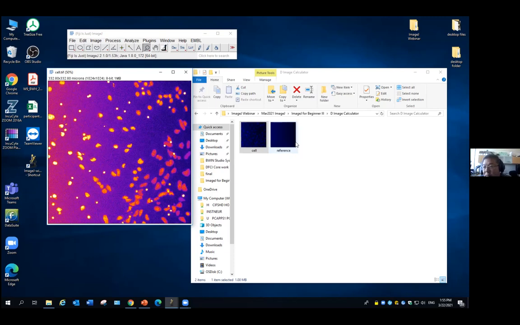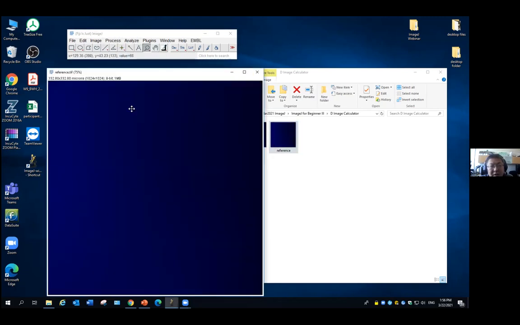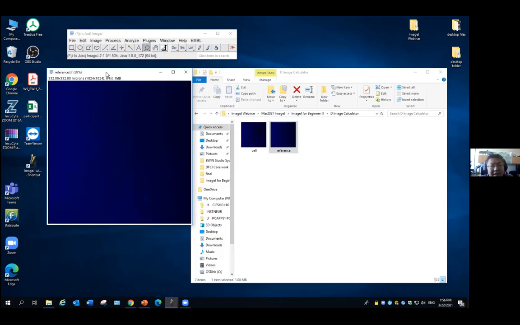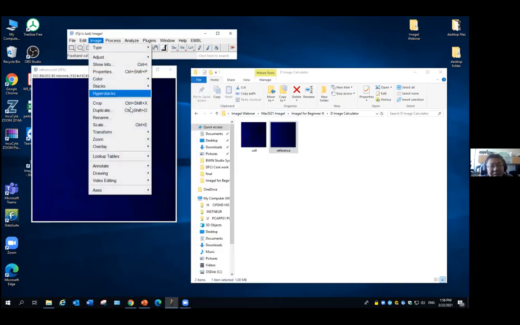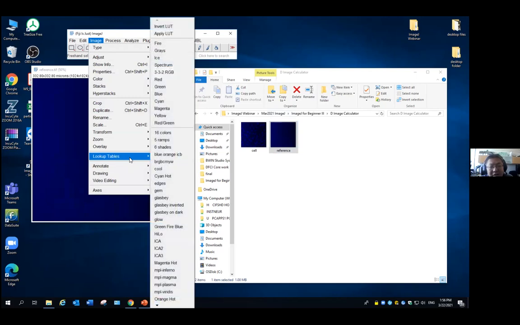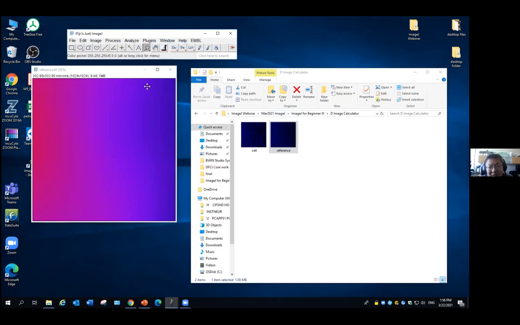I've managed to get the reference image, but it's black. How did you add the color to the reference image? Oh, you mean the color like this? No, where it had the reference image, but it was just a gradient of colors. Like this? The color is the image lookup table. It's what color you want to show the image. I use the file, this one, the lookup table,